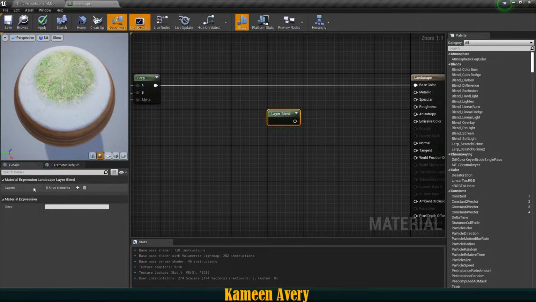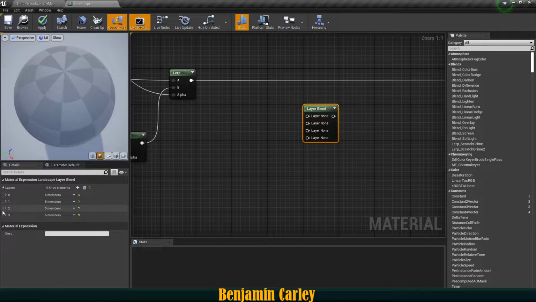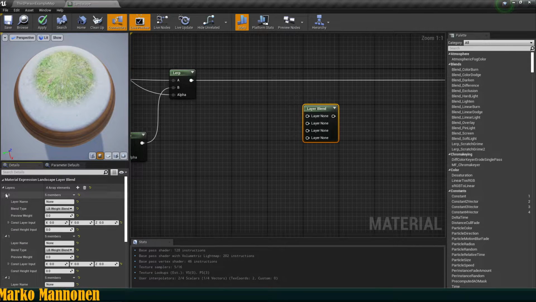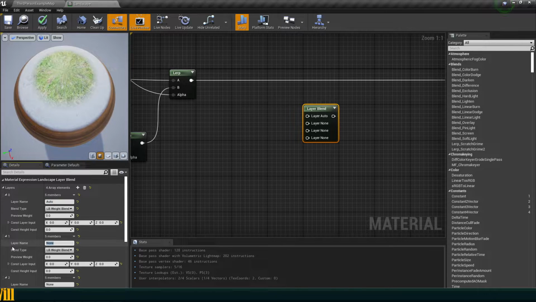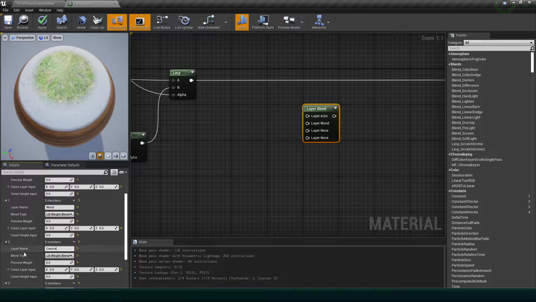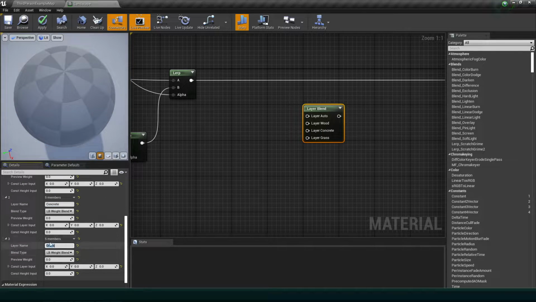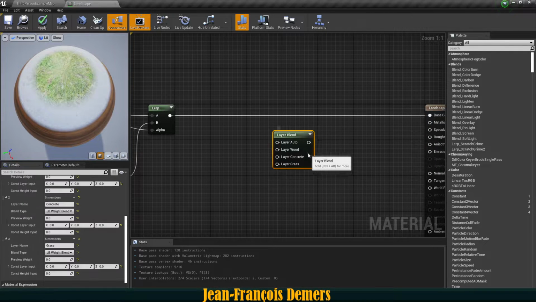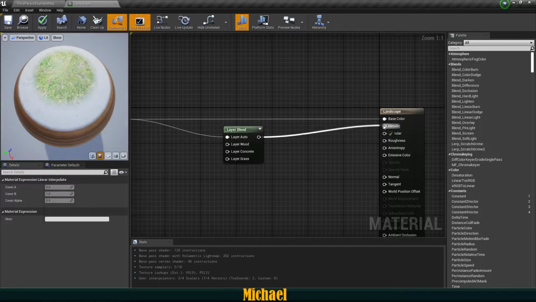Now for this, we're going to add 4 entries inside of the array. And let's open these up and let's give these some names. So we're going to have our auto material, and then we're going to have a wood, we're going to have concrete, and we're going to have grass. There we go. Now we can plug in our lerp into the auto, and then the output goes into the